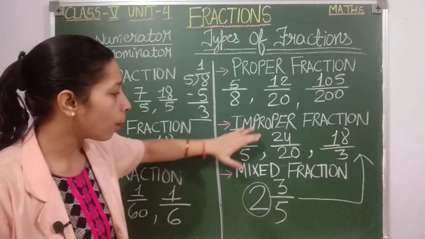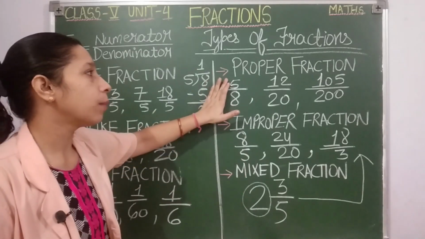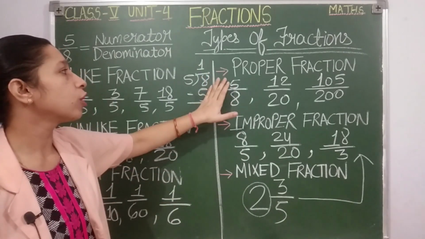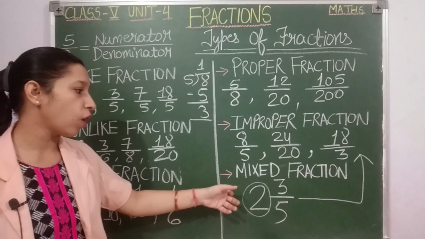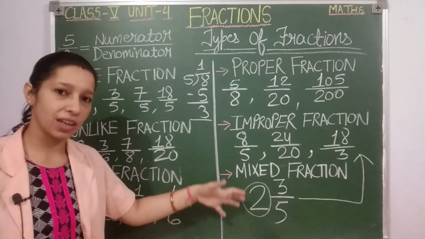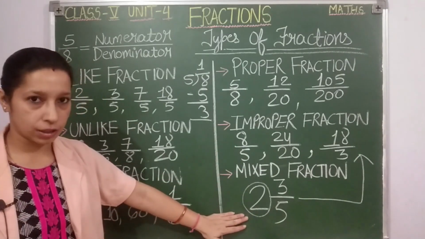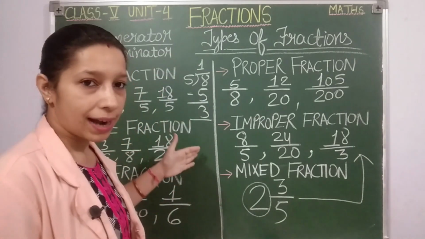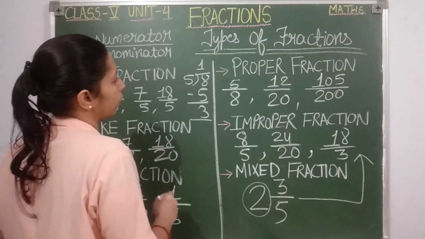That is why I said mixed fractions are made from improper fractions, but nothing like this happens with proper fractions. Why? Because proper fraction we can't divide, but for improper fraction we can divide and we can get the mixed fraction. Students, look, here I have divided now. I'll write the mixed fraction for this.